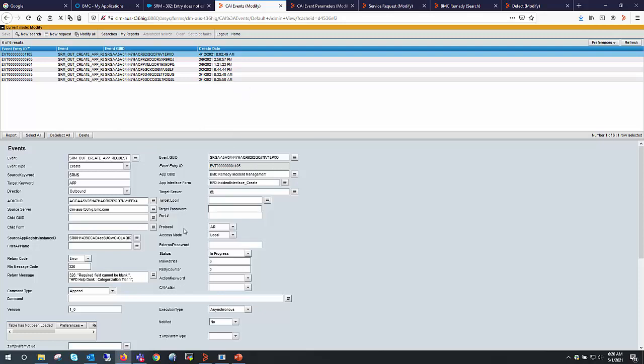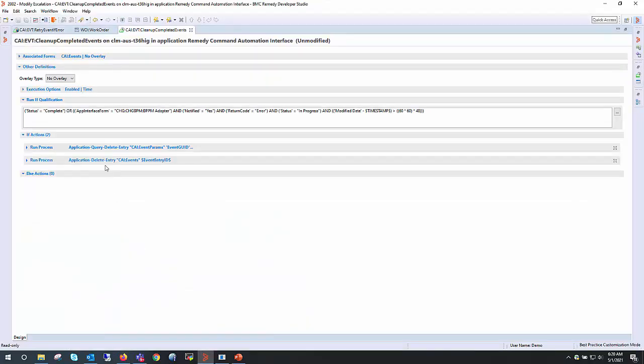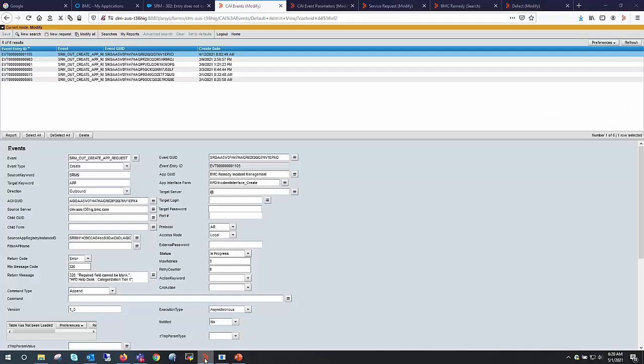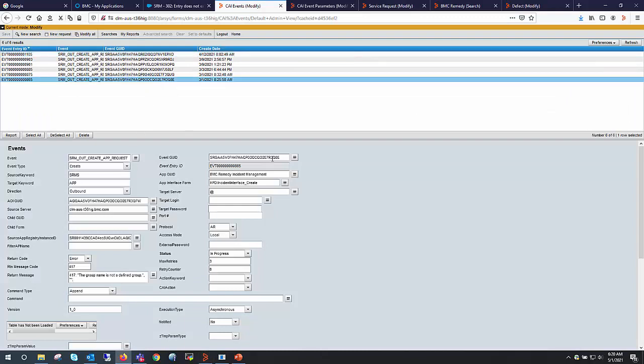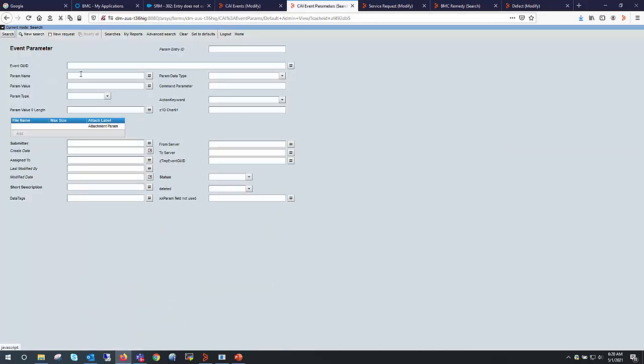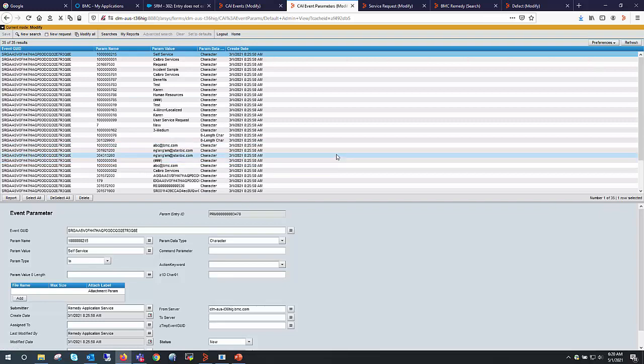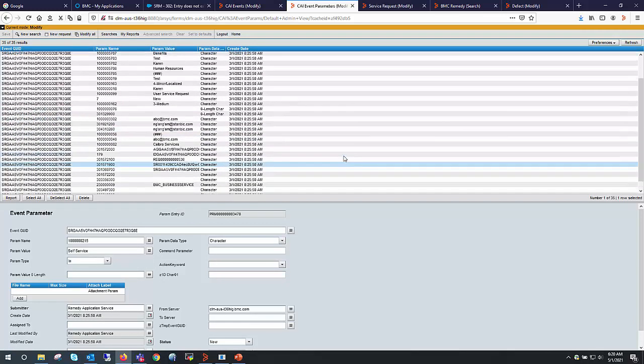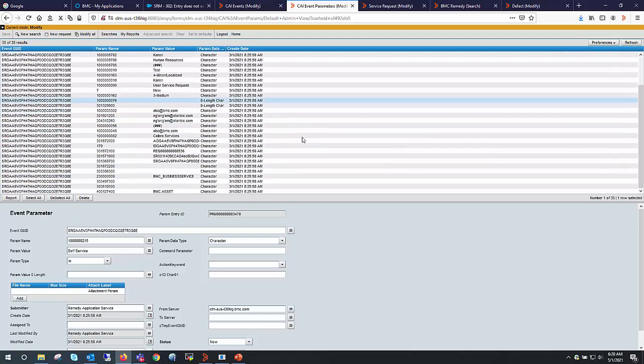The key reason to use this escalation is it deletes the parameter records as well. Because if we come in here and look at this one, there's obviously just one CI event record, but if you just delete that, look what you're leaving behind in your database that are going to be orphaned. So we've got all these other records that need to be cleaned up. That's why I would recommend